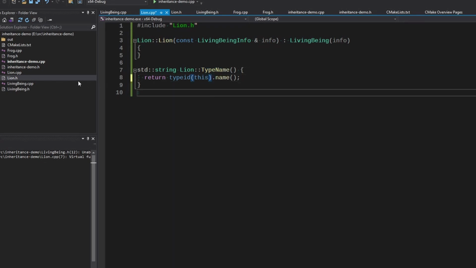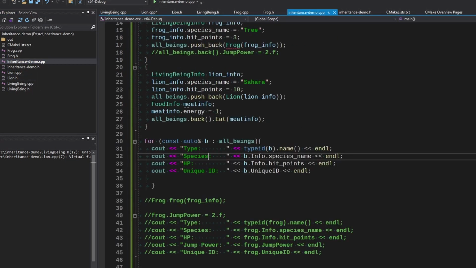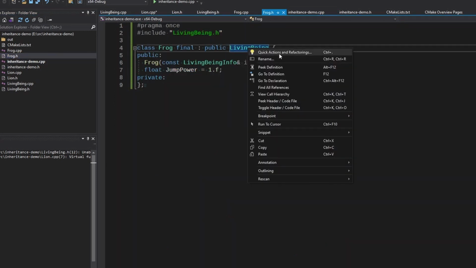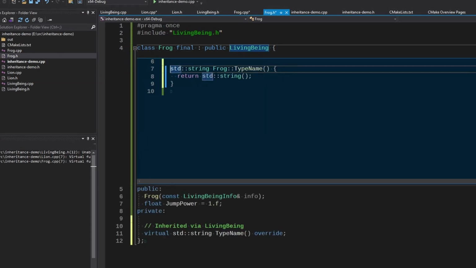This might be a compiler error, but now when we call type name, we'll have to use our own function rather than this. We'll go with type name, and we pass in itself. Type name is unidentified. Oh, it's b.type name. I don't think we need to pass in anything there. This isn't going to work for all beans necessarily because they're not all instantiated. So we're going to have to add it for frog,